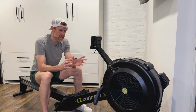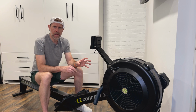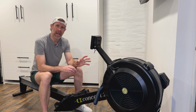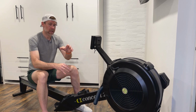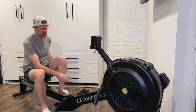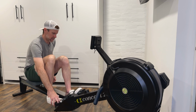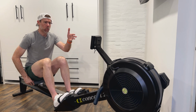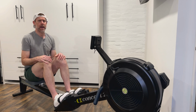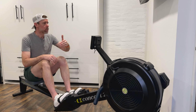And for that reason, I really prefer to utilize the strength benefits of level 10 rowing at lower stroke rating, lower intensity pieces. I personally have found no benefit or use for rowing level 10 at higher stroke rating, higher intensity, but throughout my rowing career and even now, will utilize level 10 rowing at 18, 20, 22 strokes per minute for prolonged